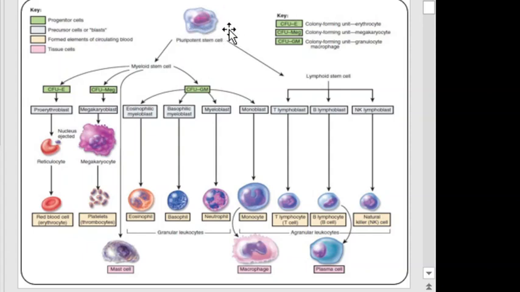So this is the pluripotent stem cell I was showing you in the bone marrow. From this pluripotent stem cell, each one has a separate flow chart. You can see the individual flow charts. If we take this first one, this gives rise to the erythrocyte. Erythropoiesis, as I was telling you, is happening here. Next, your thrombocytes. Thrombocytes are platelets. Thrombopoiesis is happening here. And all the others are your WBC. That is your leukopoiesis, leukocytes.